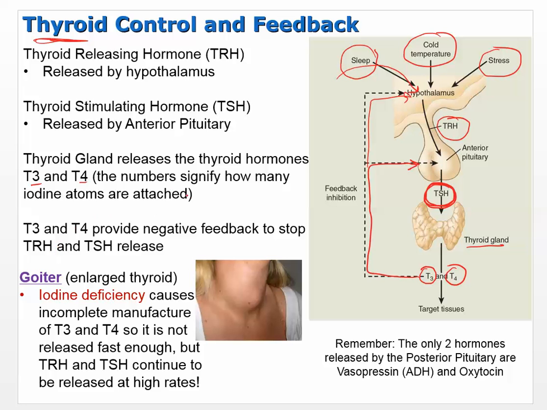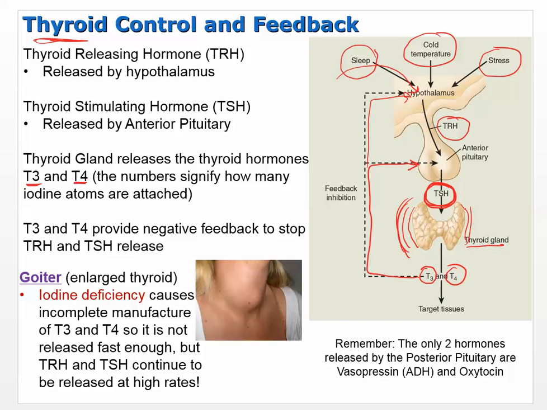Now I mentioned that the thyroid hormone requires iodine, and that's one of the main places that you'll ever see iodine in the body. But let's say you don't have enough iodine. Then the thyroid gland is trying to make something called thyroglobulin. It's a precursor, and it makes that, and then it waits for the iodine to show up. Well, if you don't have enough iodine in your diet or for whatever reason, then it will continue to make this precursor molecule, and your thyroid will just get larger and larger.